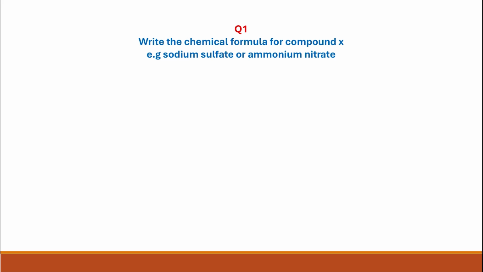Question 1. Write the chemical formula for compound X, which could be something like sodium sulfate or ammonium nitrate. Remember that you need to know the charges of the different ions. For sodium sulfate, sodium has a charge of 1 plus and sulfate has a charge of 2 minus. So sodium sulfate would be Na2SO4. Ammonium nitrate: the ammonium ion is plus 1 and nitrate is minus 1, so ammonium nitrate would be